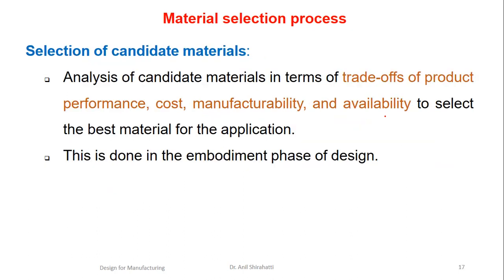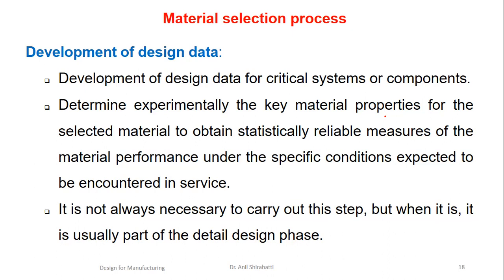Also, selection of candidate material. In the first steps, depending upon technical details, cost and availability, you have selected a few parts. Then using the chart we have found 3 to 4 parts which can fit your technical details, and also whatever the environment details, everything fits. Then you have to analyze these in terms of performance, cost, manufacturability and availability, so as to select the best material among the different options given. Then you go for the more detailed development of this design.